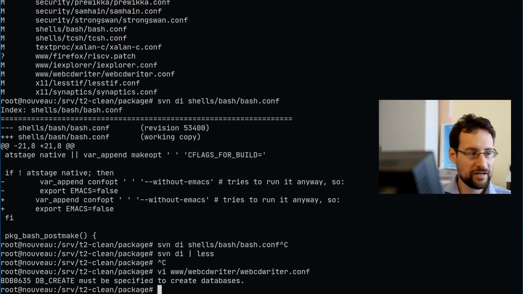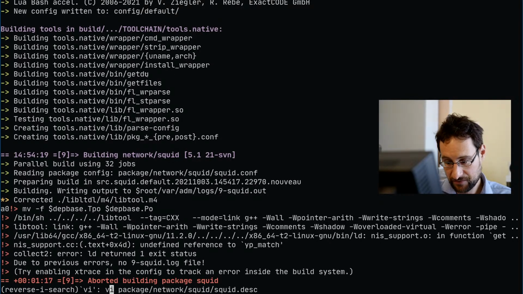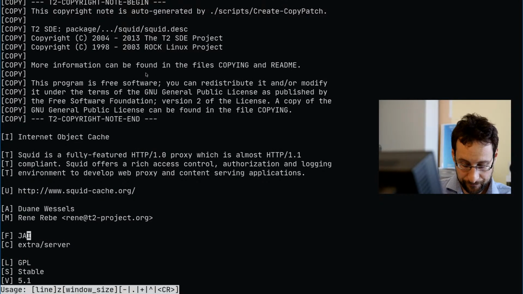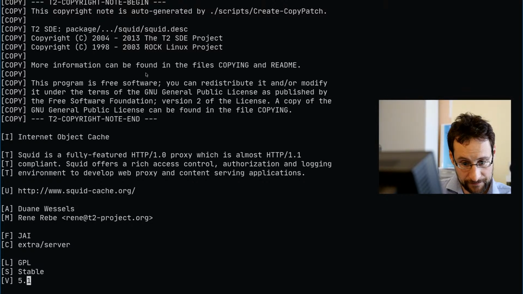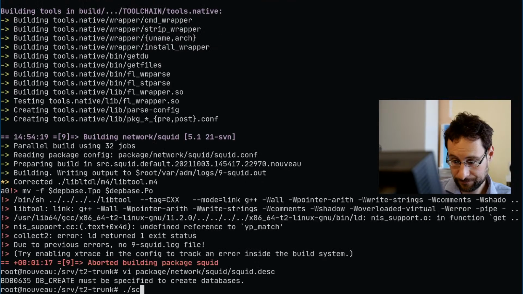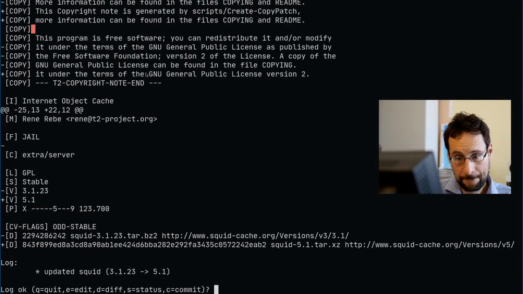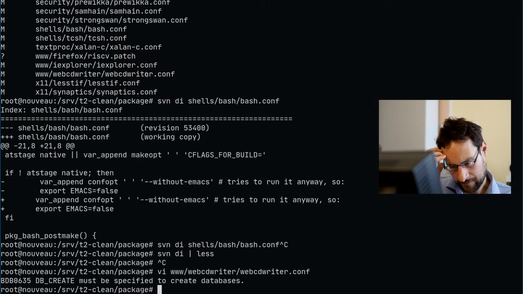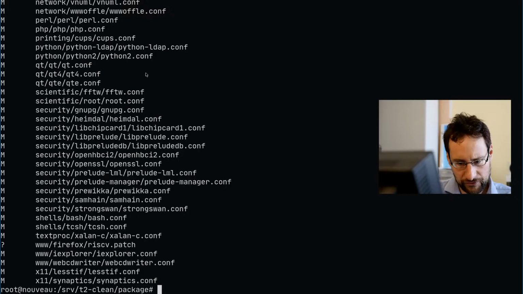Wow. I mean, after 20 years, you see other people have committed stuff in Rock Linux and T2, but yeah, after 20 years, okay, this still doesn't build. But YOLO, whatever. I would say ship it, even if it doesn't freaking build for me, because someone else can patch it if they want to use it.